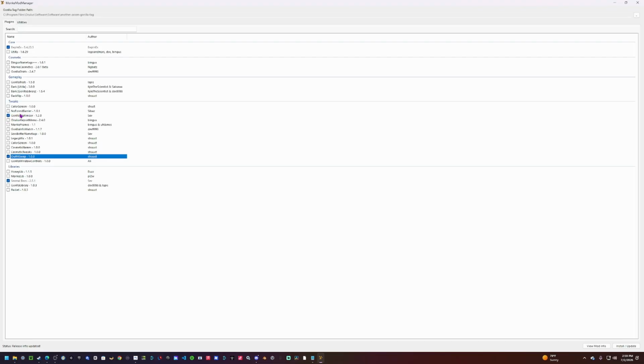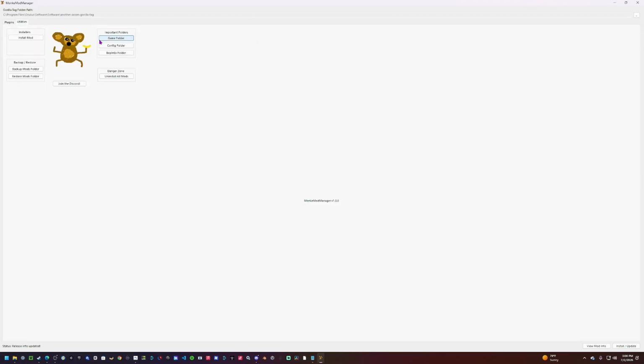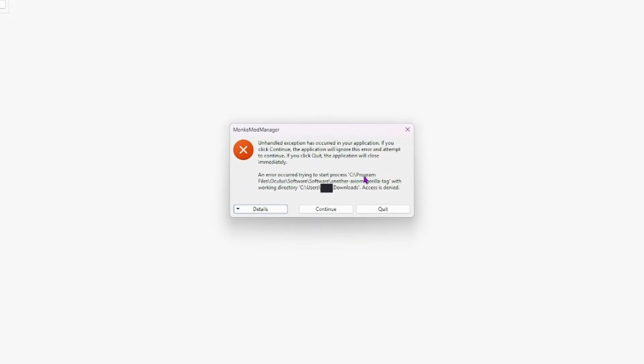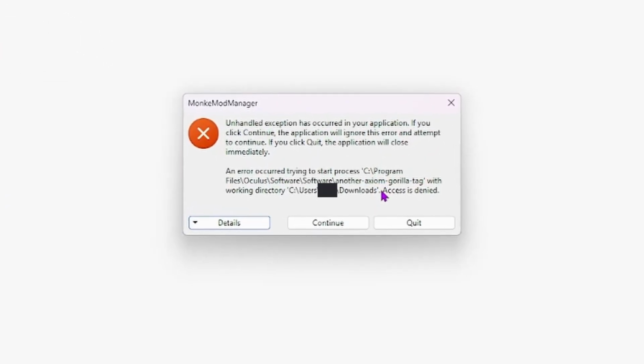I suggest Gorilla Optimizer because this makes it so if you have a 4060, it's not hard to do this. You're gonna make sure that you have the correct game folder. So if you click game folder, it should either be